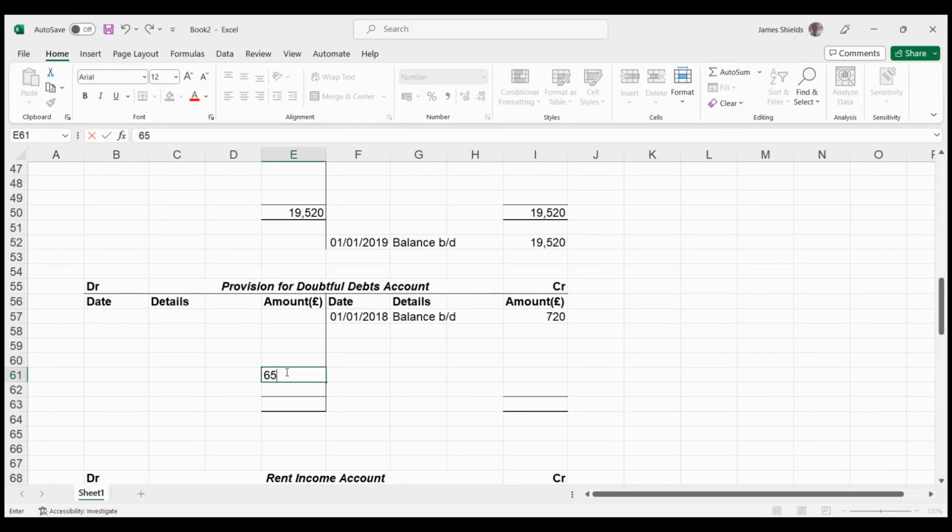So £656 is going to be carried down. So balance carried down. And the date's the end of the year, 31st of December 18, which means we'll have a balance brought down on the next day, the 1st of January 19, balance brought down